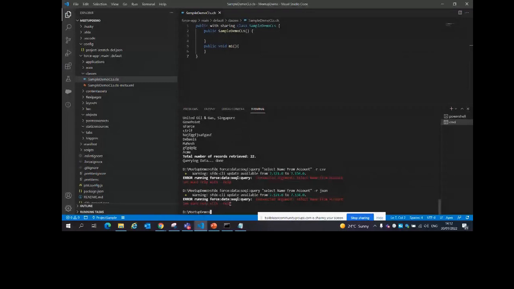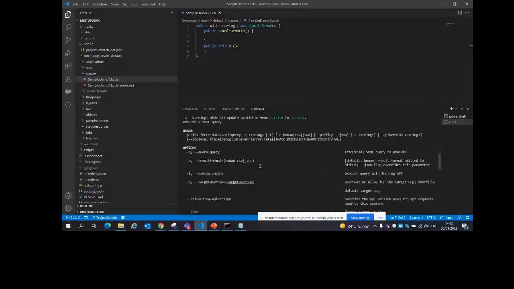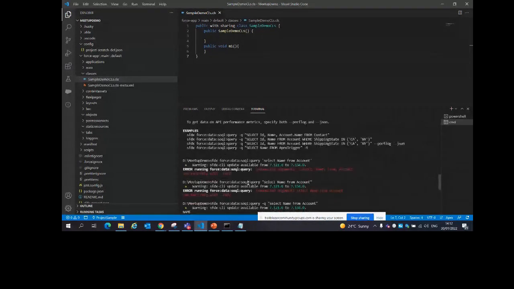Okay. So you can just try it out. How is it going to happen? Similarly, you can see how we are going to set the parameters and how we are going to get the information. Okay. So any kind of query you can do. Let's say I want to see what Apex classes I have right now in the org. Okay. Simply I can do select name from Apex class or Apex trigger,